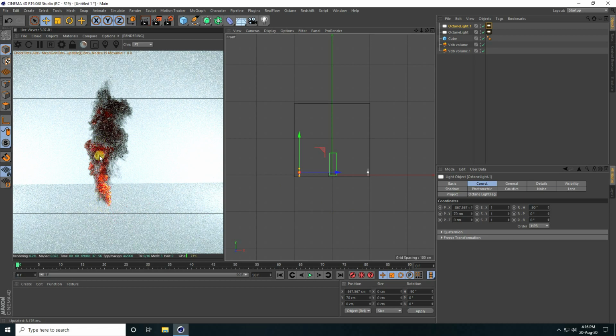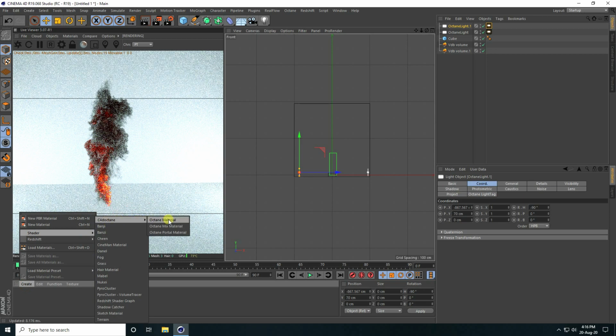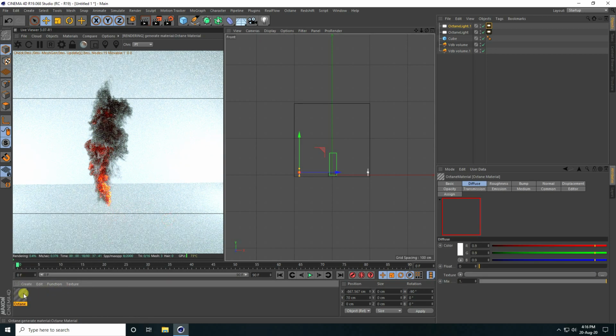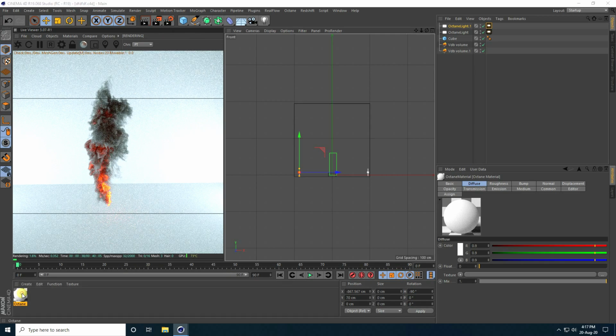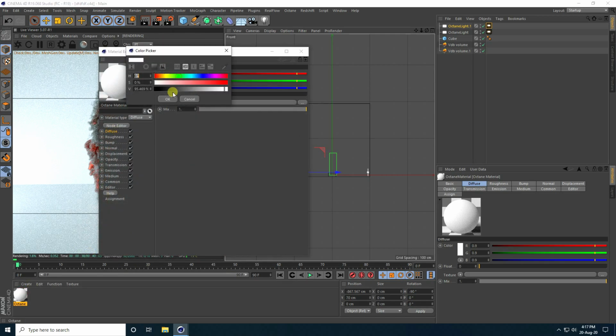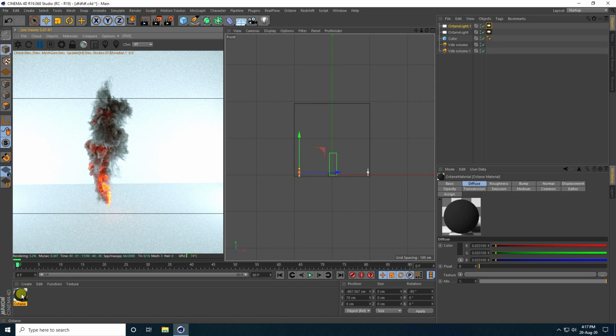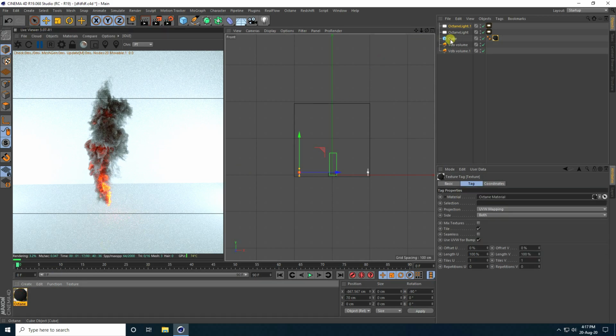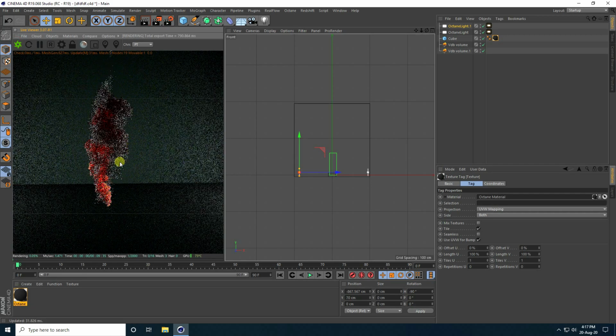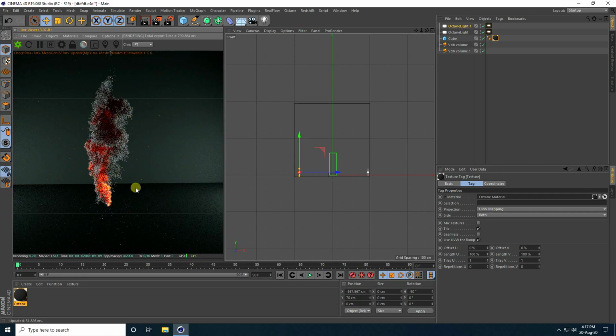Okay, so guys, now I also change this background color. So use a simple Octane material and only change color. Color I take gray color, dark gray color, and open this material. Go to diffuse, I take dark gray color. So close this material editor. Select this material and drag and drop on cube. Yes, and go to render preview. Yeah, better, right? See guys, it's really good.